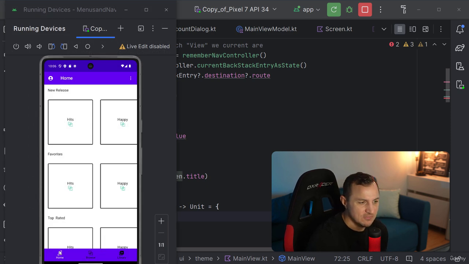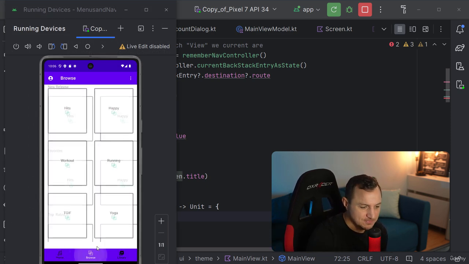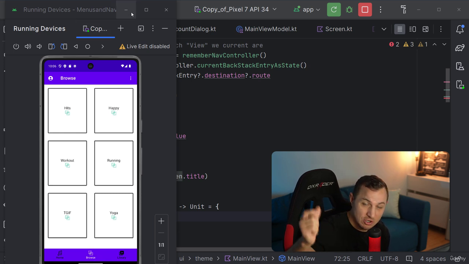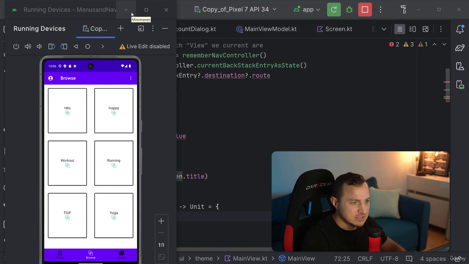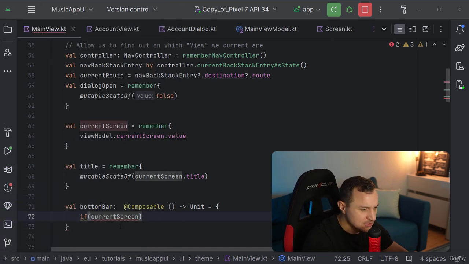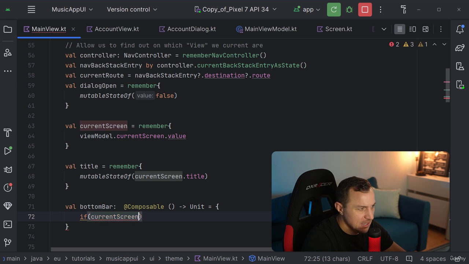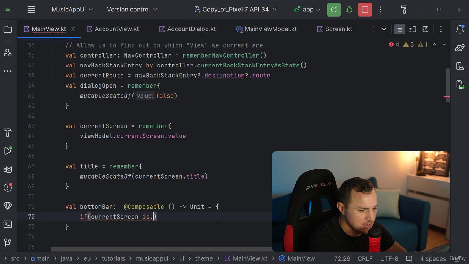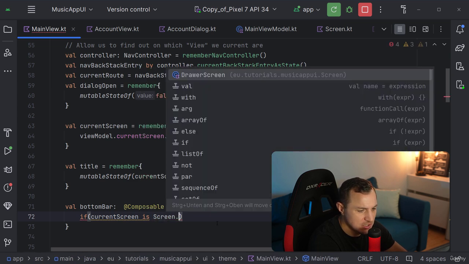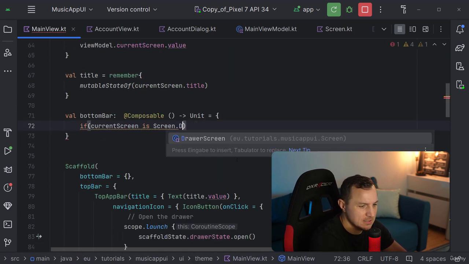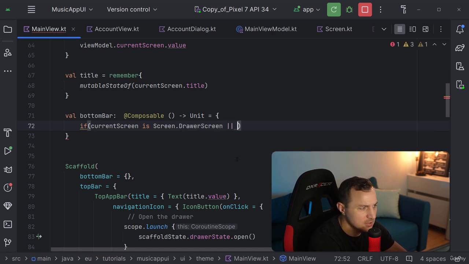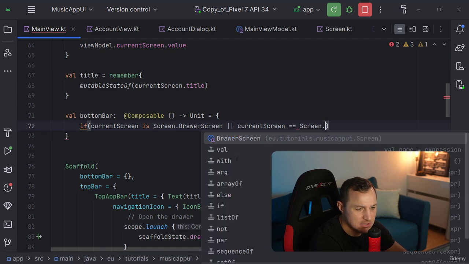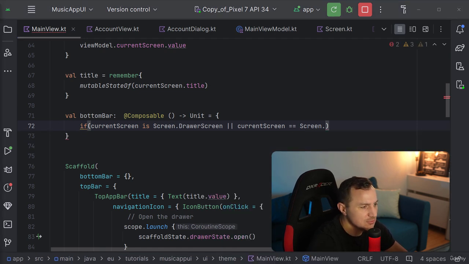You see, first of all, it moves to the screen. Second of all, it also updates the bottom bar here to change the color, to change which of the screens is selected. So current screen, I'm going to check that. And then I'm going to check, is it a drawer screen? So is screen dot drawer screen or current screen is equal to screen dot